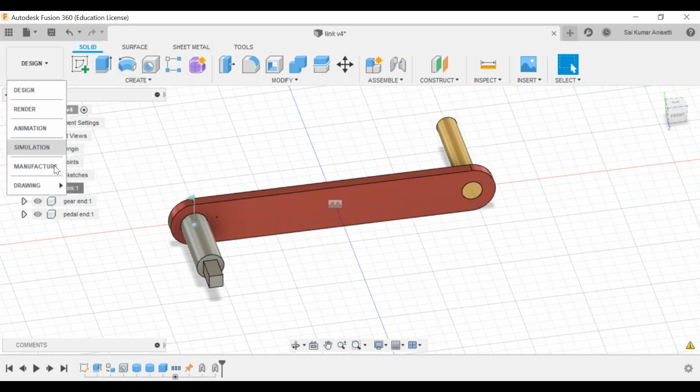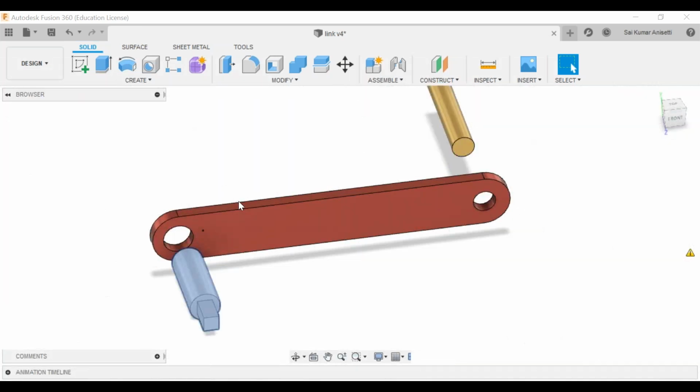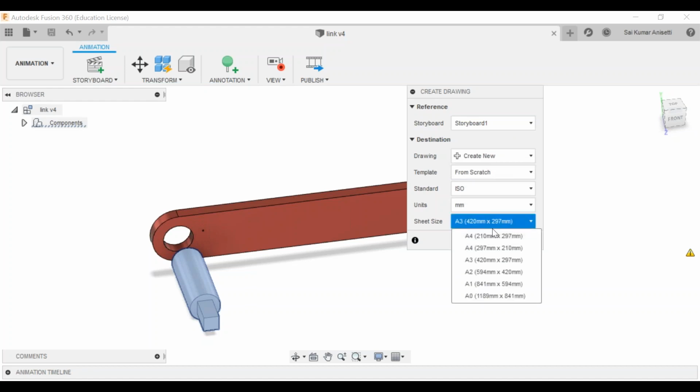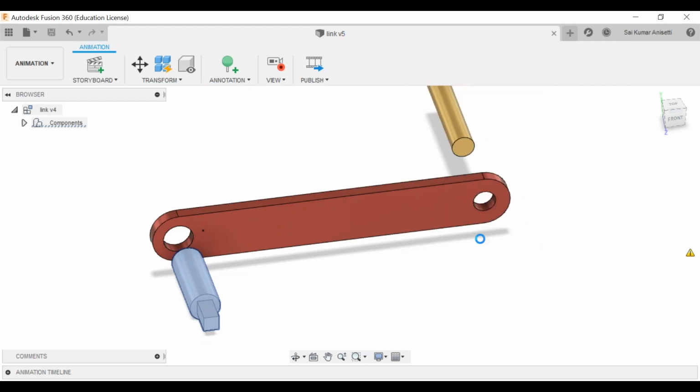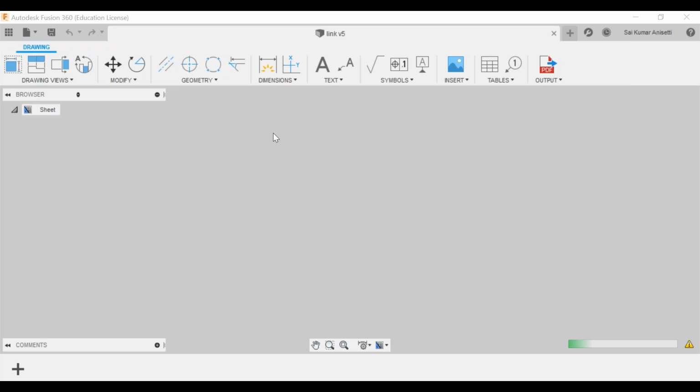Now what I'll do is design, drawing, from animation. Click that, storyboard number one. Click that, from scratch, ISO. Click A3 or A2 or whatever it might be. Just click OK. Now I'm going at random.